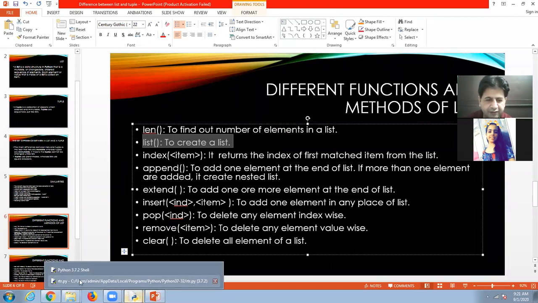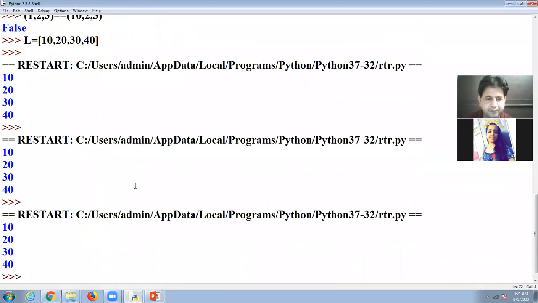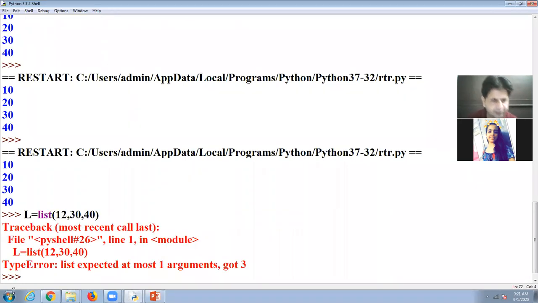If I take L is equal to list, then I take here in double quotes any value.